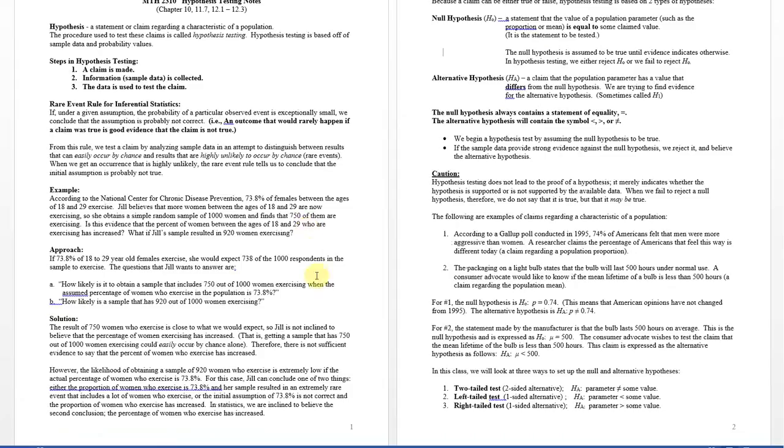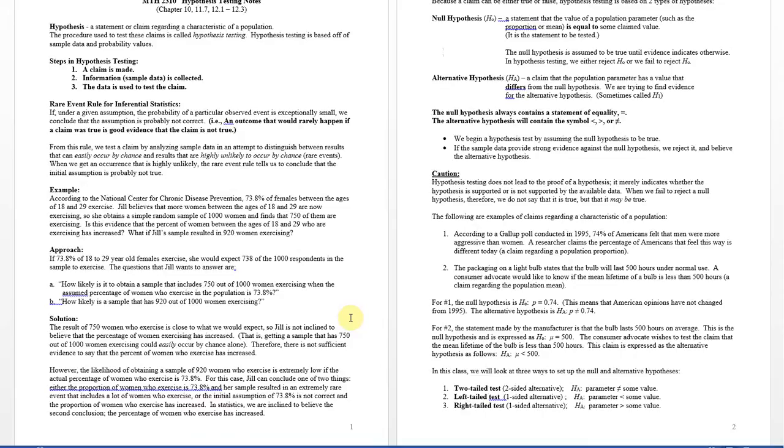So let's look at this first example. According to the National Center for Chronic Disease and Prevention, 73.8% of females between the ages of 16 and 29 exercise. Jill believes that more women between the ages of 18 and 29 are now exercising, so she obtains a sample of 1,000 women and finds that 750 of them are exercising. Is this evidence that the percent of women between the ages of 18 and 29 who are exercising has increased? If Jill's sample had been only 920 women,